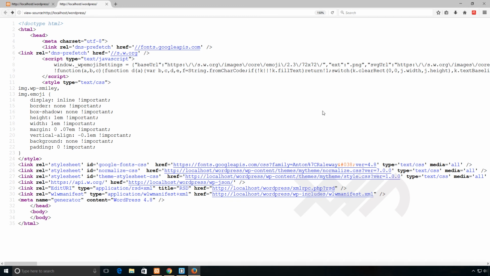Now notice that the title tag is missing. Well, not only because we took it out, but it's the dynamic title tag, and it's not enabled yet. So we're going to enable that using GenerateWP in a minute. But first, let's close that. In fact, let me switch over to